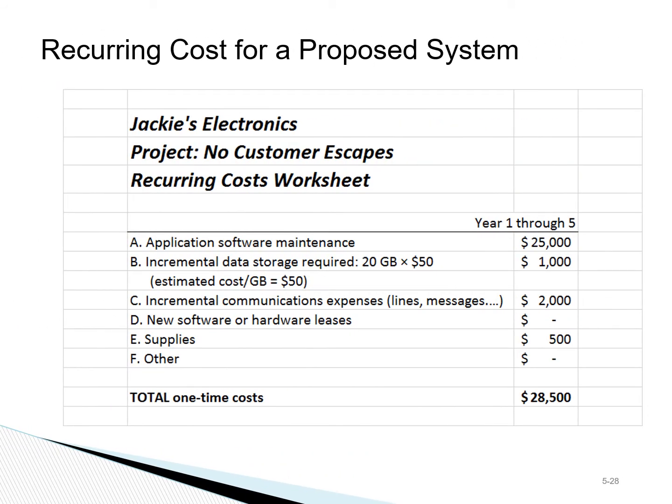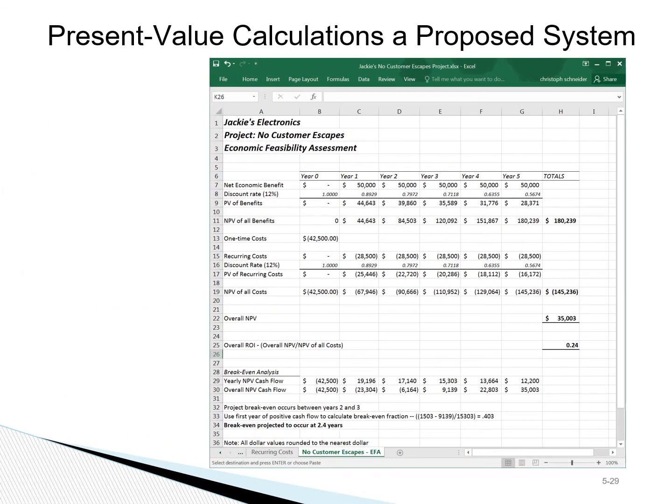Another cost that gets into the analysis is recurring costs. We need to consider the ongoing costs such as maintenance costs, upgrades, and supplies if we need those over time. So we bring the benefits, the one-time costs, and the recurring costs together, and we can then do some financial analysis. For example, we can identify or calculate